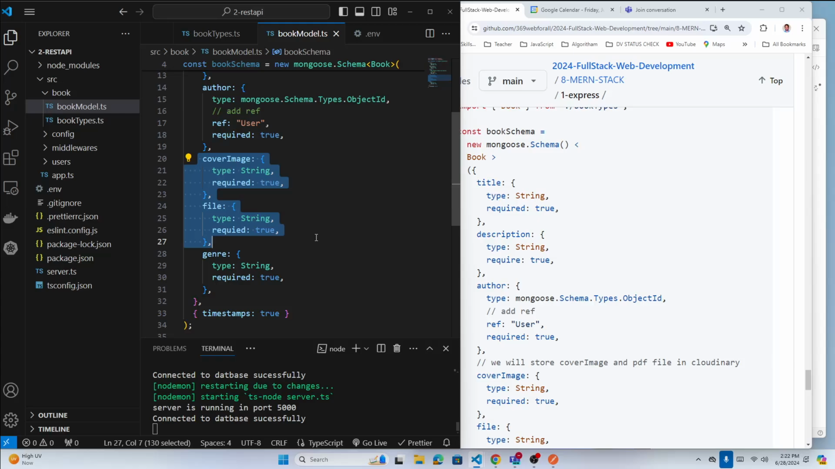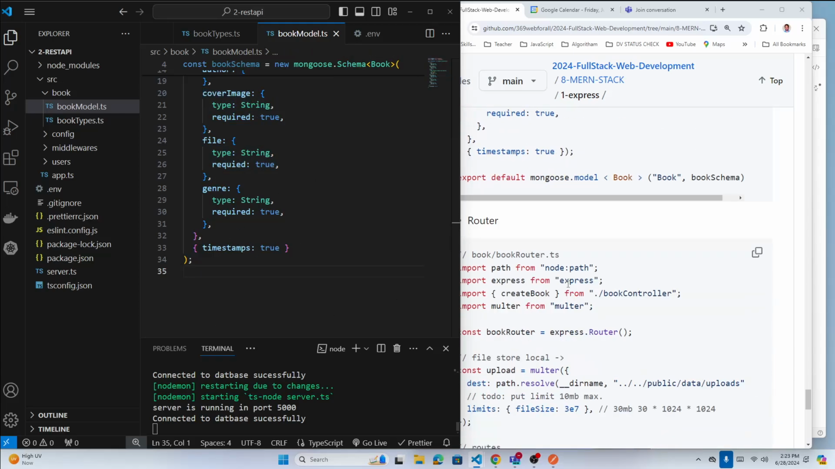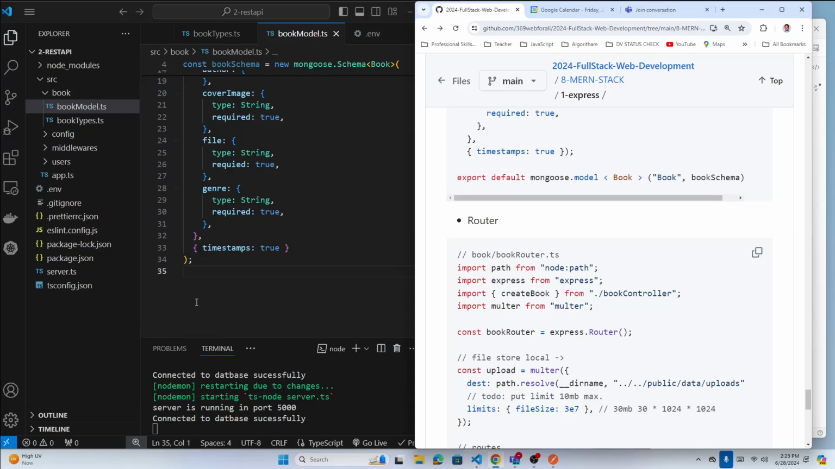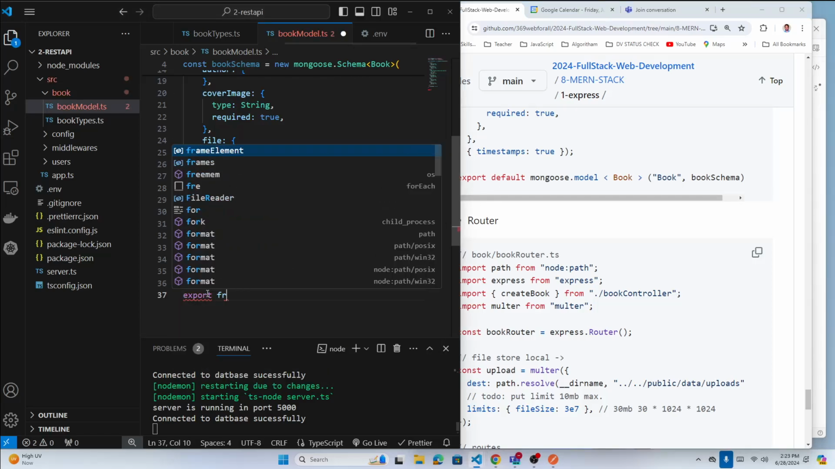Like you got the car in pieces. Now it's your job to put it together, right? So that's what's going to happen, and we will do that. Okay, so done. So now what? Next is creating the model, right? We have to do that. Still pending. Export default